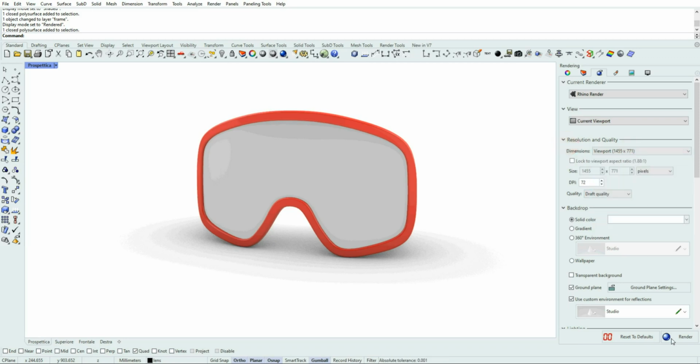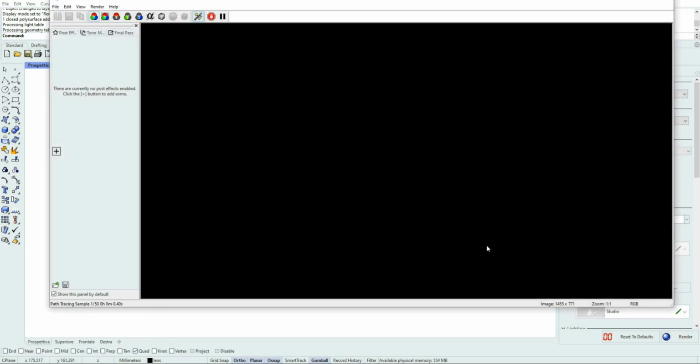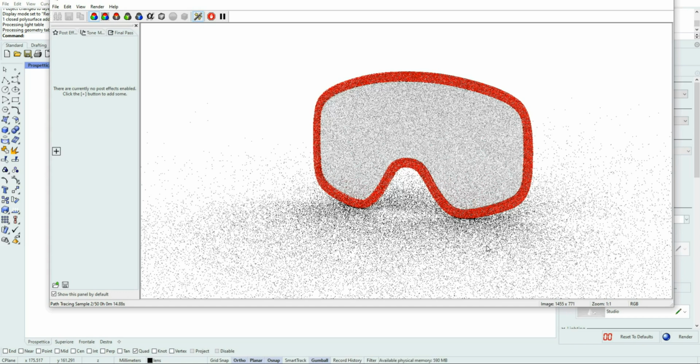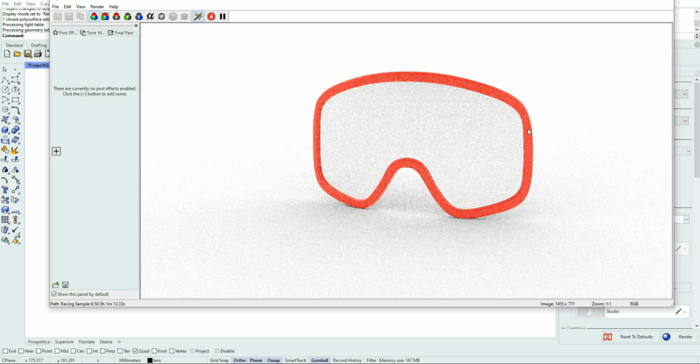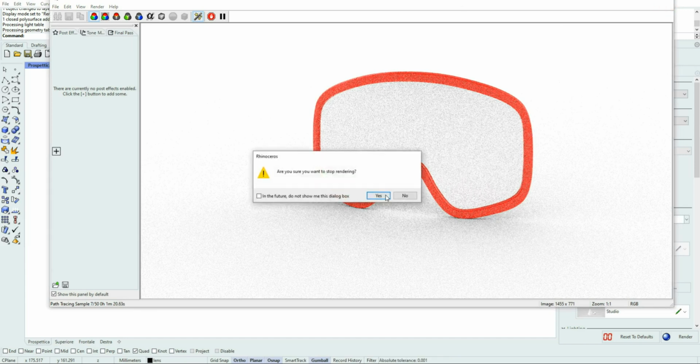If you use a viewport, the resolution depends on your screen at that moment. I'm using draft quality, and as you can see, it takes a lot of time, so I stop it.